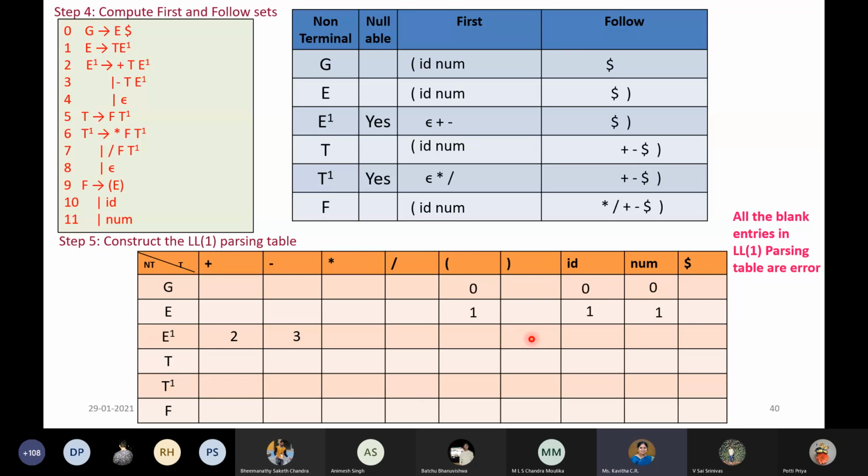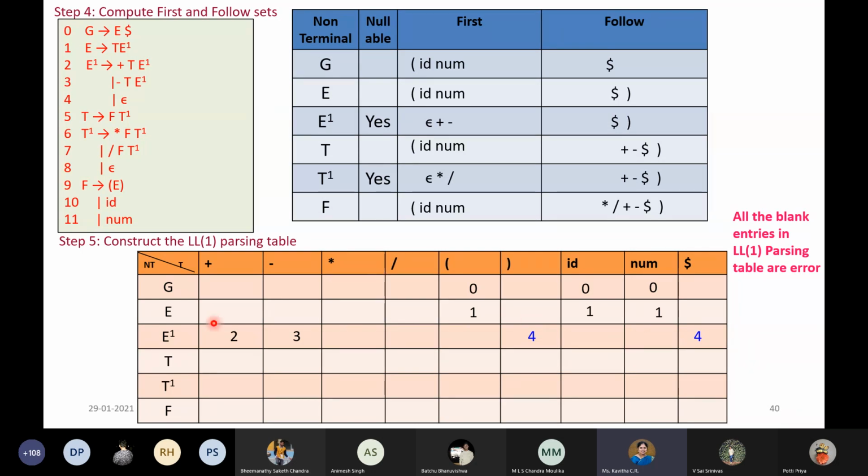So what happens to these cells? We are going to apply rule number 4, which is E dash gives epsilon. So whenever close parenthesis occurs as the input symbol, I should apply rule number 4. Similarly, for dollar also, we apply the same rule, whereas all other blank entries will be treated as error.